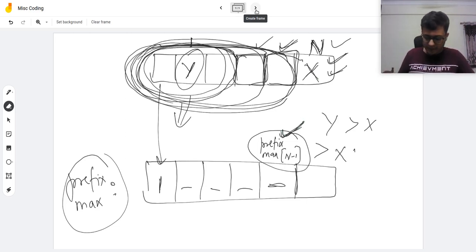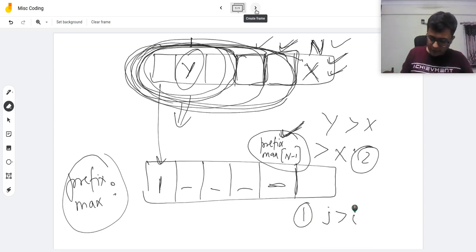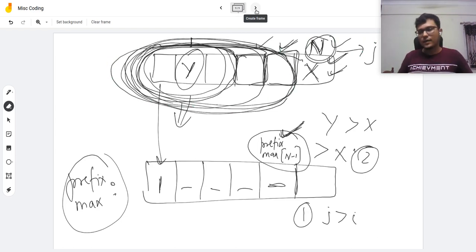So this is condition 2, and condition 1 is already being met, because we are looking at the persons who are sitting towards the left of him. So that will ensure that j should be greater than i. This is our j, and i will be someone who is sitting over here, towards the left part. So any of these could be i. Hope this clarifies.